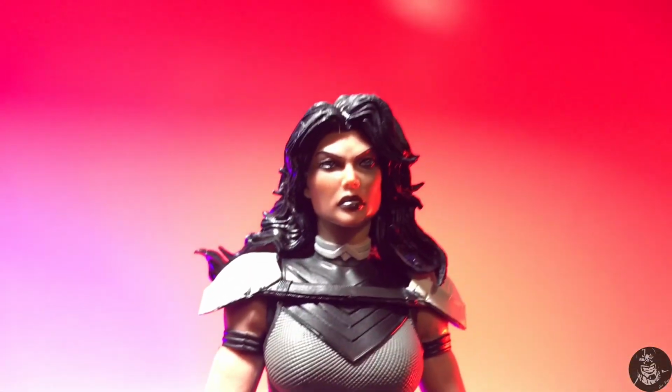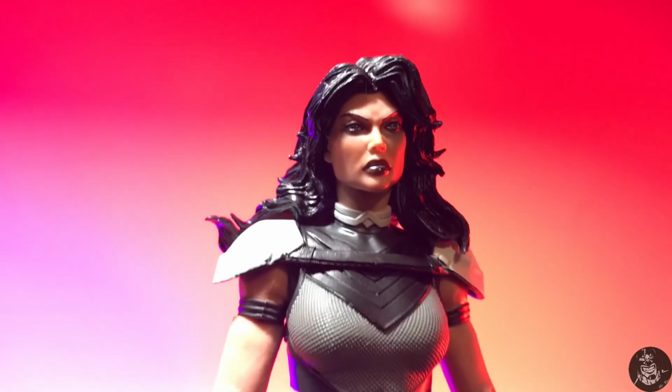Now let's take a look at the head sculpt. Now this, of course, is a point of contention amongst us collectors, and that is because a lot of people think her face isn't the best. Now, I do have to say,